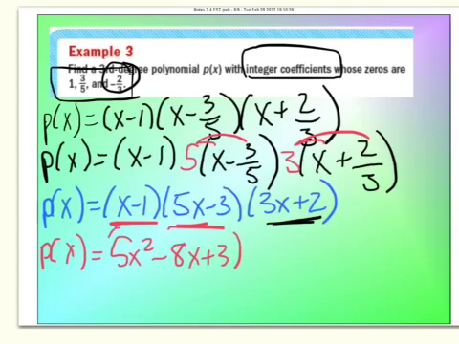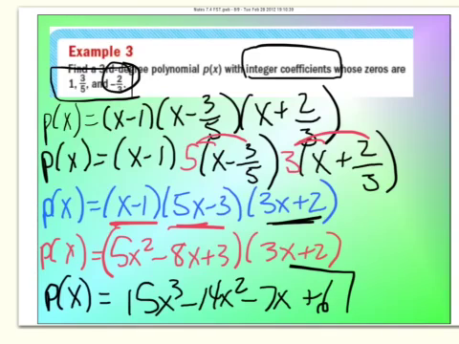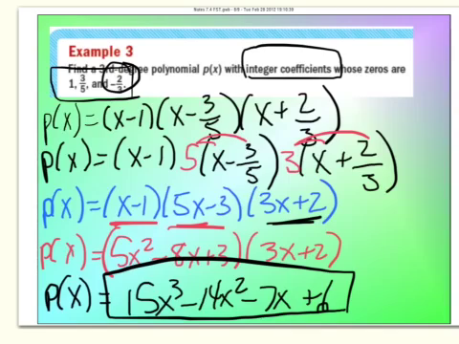Now, to get this in standard format, you're going to have to come in and multiply 6 different terms, do the distribution of this trinomial with this binomial, and when you do that, you will end up getting a final third degree polynomial that looks like this guy right here. This is a sufficient answer because all of the coefficients here are integers. So the 15, negative 14, and negative 7 are good to go. Again, you could put this in the graphing calculator and just double check that the zeros happen at the 3 numbers indicated. As far as the homework goes, I think these are all good